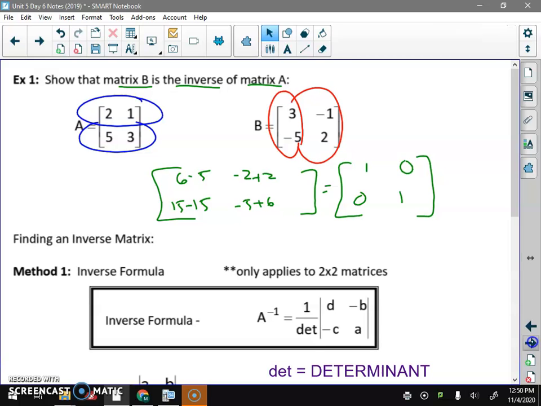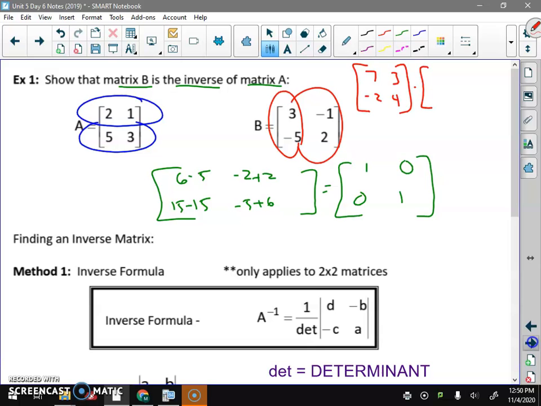And just to show you real quick what I mean by the identity, if you take a matrix, I'll create any matrix I want, 7, 3, -2, 4. And I multiply any matrix by, again, it's got to be square, times the identity matrix. Just like adding 0 or multiplying by 1, it shouldn't change. And if I cut this first one into rows,